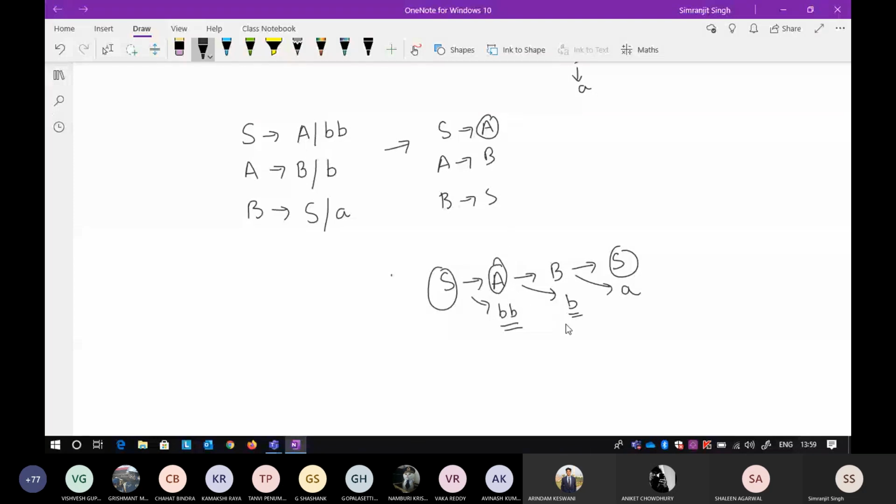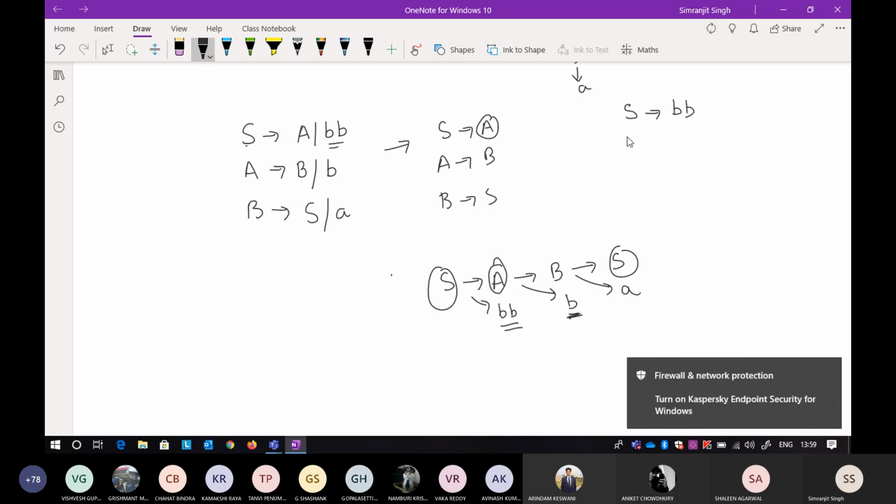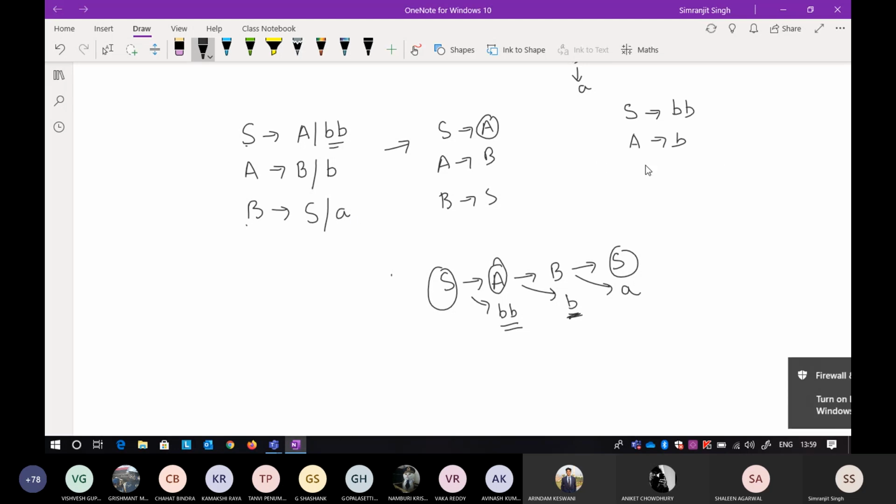Okay, so now this is forming aB and then another B. So this B is forming aS and a. Okay, so whenever there is an S at the starting and the end, you just stop. So there is no way, because it will again follow the same cycle. Okay, so don't include this one. Now if you're writing this one, first of all, these are just without unit production, write it. So it will be without bB. A tends to a single B and B tends to a small a. Okay, so that is your grammar without unit productions.